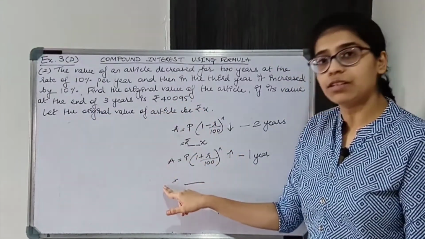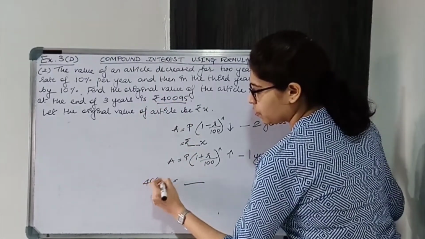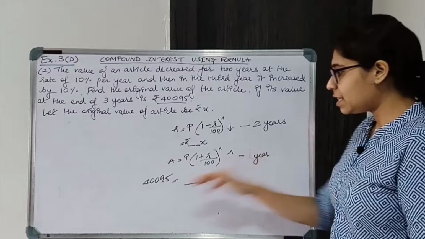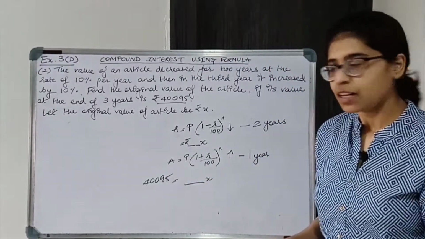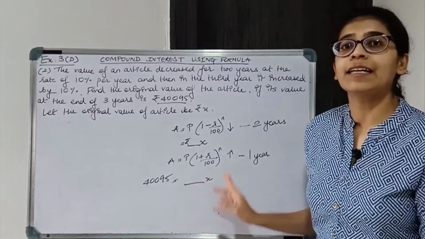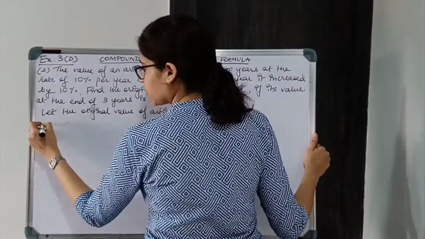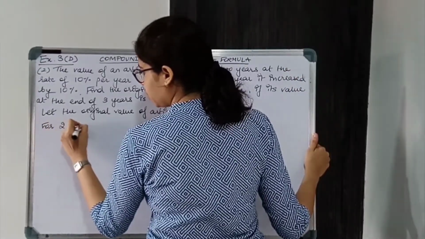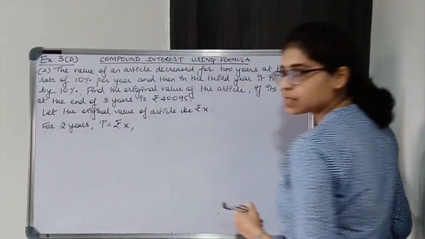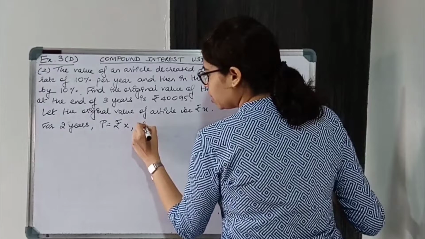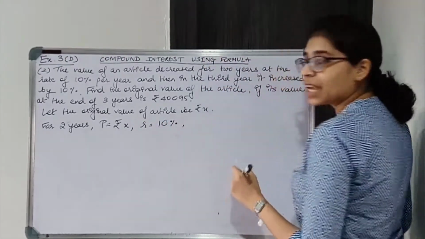That is the amount over here in third year is this. So 40095 is equal to something in terms of X again. On solving this you will get the value of X, that is the original value of the article. So for 2 years, principal is X rupees. Now it is decreasing by 10%, so R is 10%,